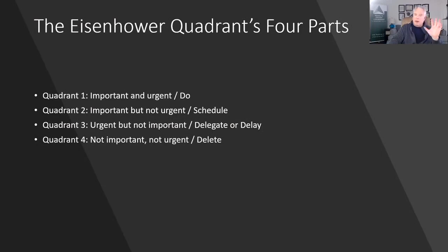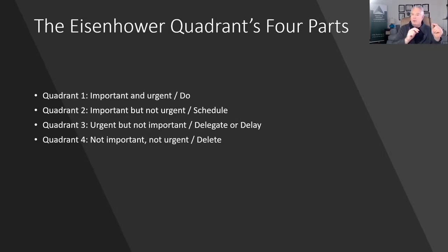So quadrant one, again, important and urgent. You want to do that right now. And again, just think about it, is this really something I've got to do? Is this building on fire, got to evacuate kind of stuff? Is this the boss and I'm going to get fired if I don't answer the phone kind of stuff? That's how you have to think about the urgent and important stuff.